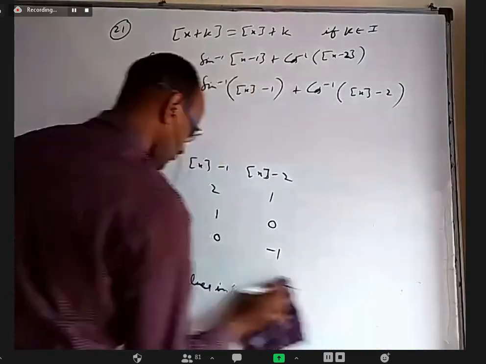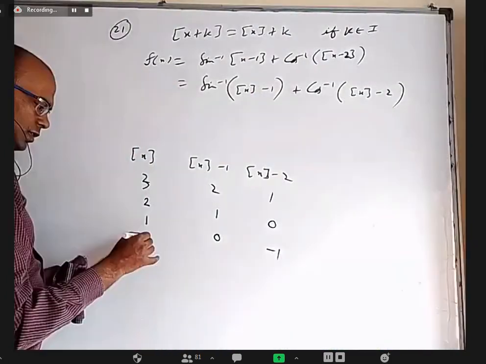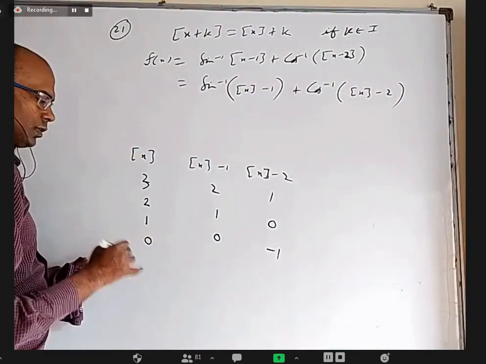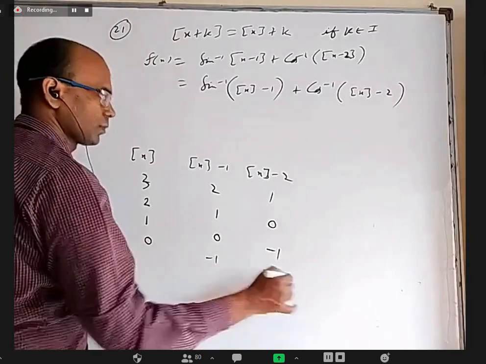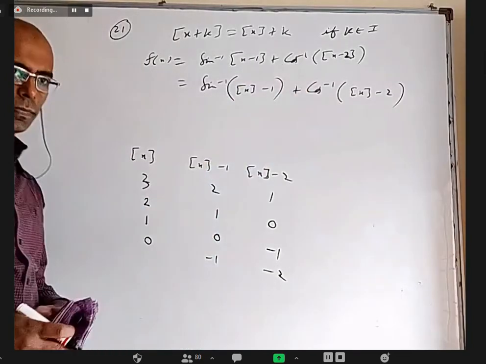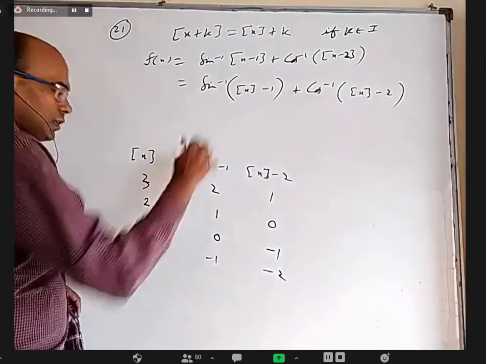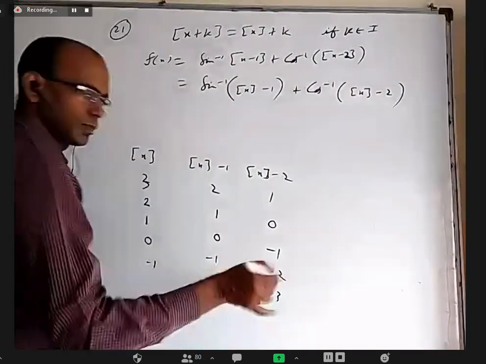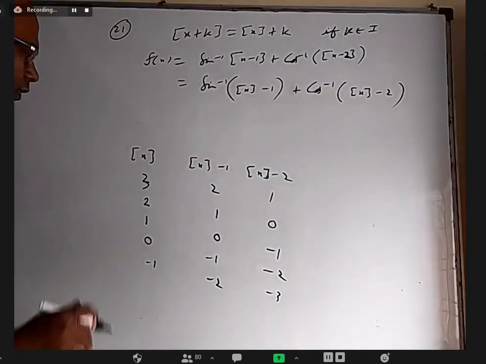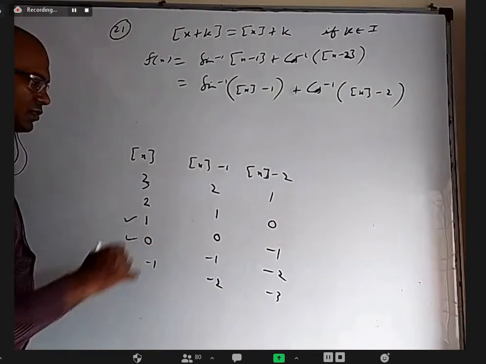But when I take this as 0, this will be minus 1, this will be minus 2. This is defined, but this is not defined. When I cross 0, like minus 1, this will be minus 2, this will be minus 3. Both will not be defined. So only these are the two cases where,